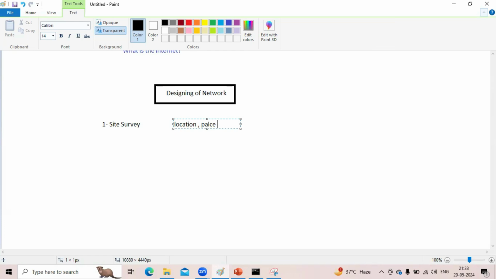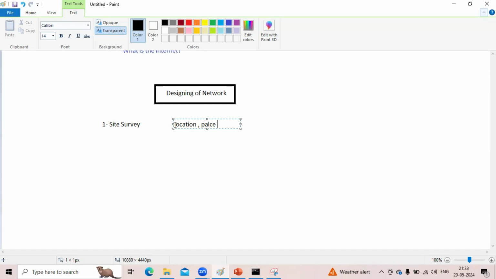When we start, obviously we find out what the location is and whether it is fine or not. Where are we going to design, and in this place do we have all the things or not? It should be comfortable for me. We also have to check the feasibility of the network, from where we are going to take the connectivity, whether from Tata or Airtel.